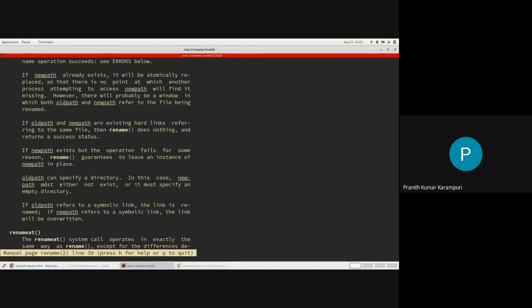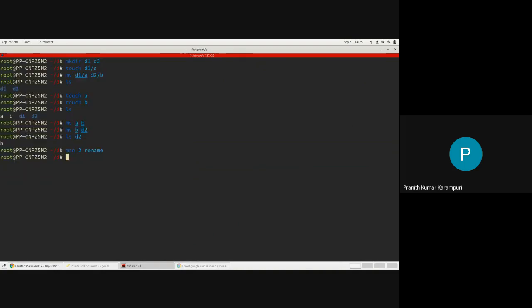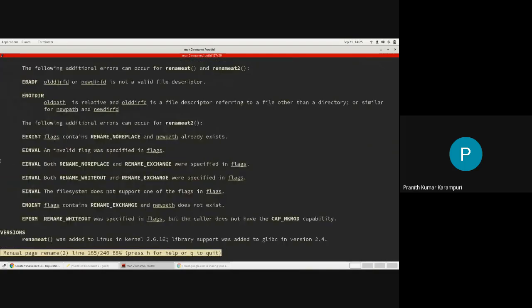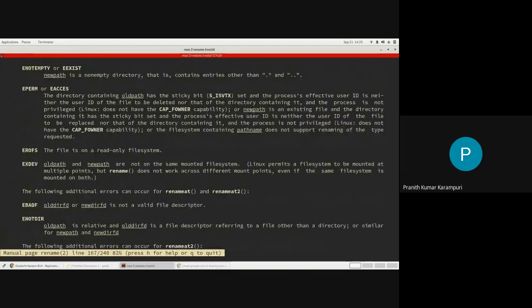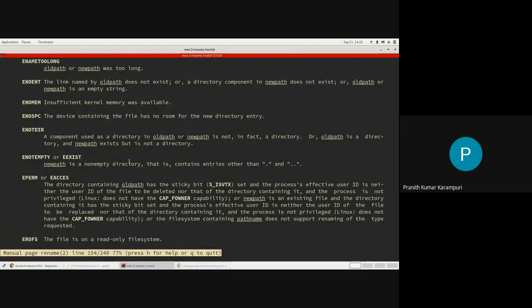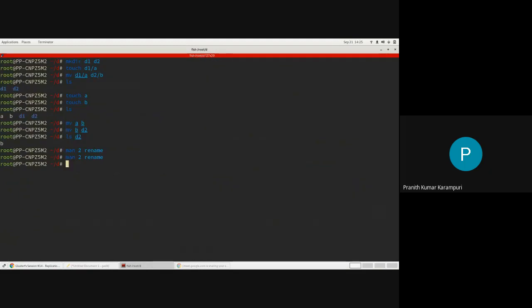If there is an empty directory, it will rename. Otherwise, we will get ENOTEMPTY. If the new path is a non-empty directory, rename is not allowed, but otherwise the rename is allowed. But I don't think using MV we can simulate that case. That's why I'm trying to explain it this way.